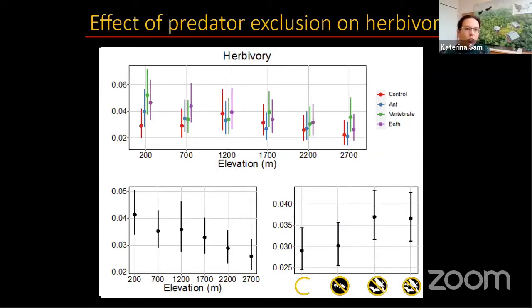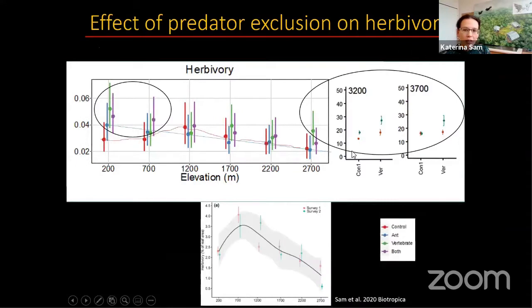But what I saw is that the vertebrate predators removal is leading to a change of the herbivory. And in these main graphs, we were analyzing only the Ficus species, which finished their distribution at 2,700 meters above sea level. But we were actually working even higher above the distribution of the ficuses. And if I extend the graphs like this to the higher two elevations, we could see that the effect of the vertebrate predators was detectable at the lowest elevations and at the three highest elevations, which would be corresponding with the middle